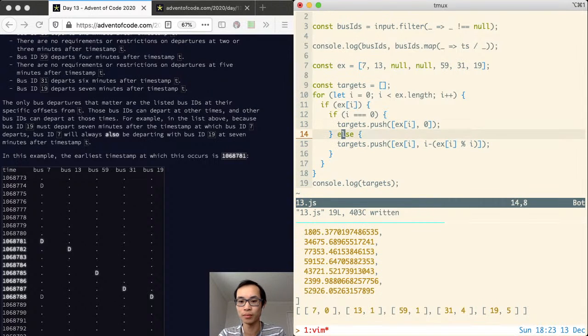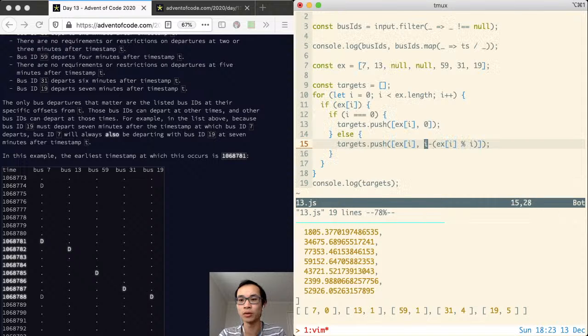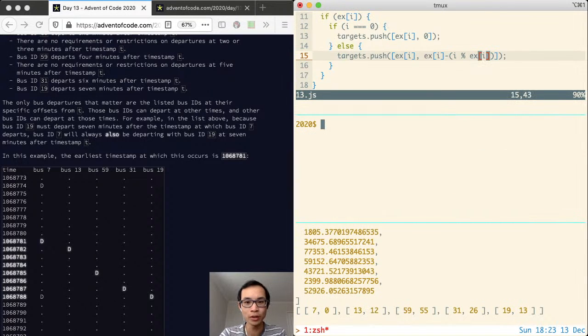That's not right. It shouldn't be 13.1, it should be 13.12. I got it the wrong way around, didn't I? It's xi minus i mod xi. Yeah. And that is true, right? Because